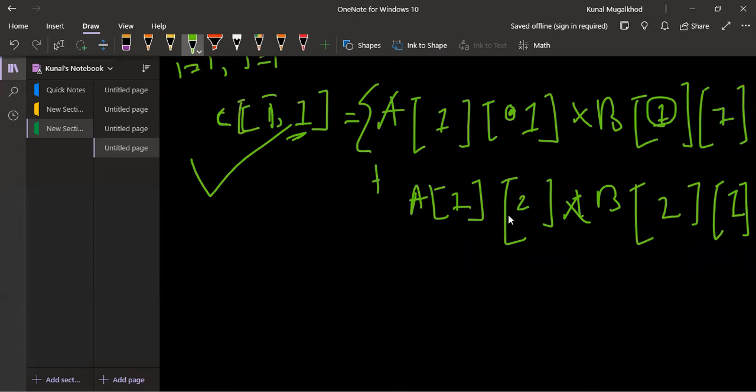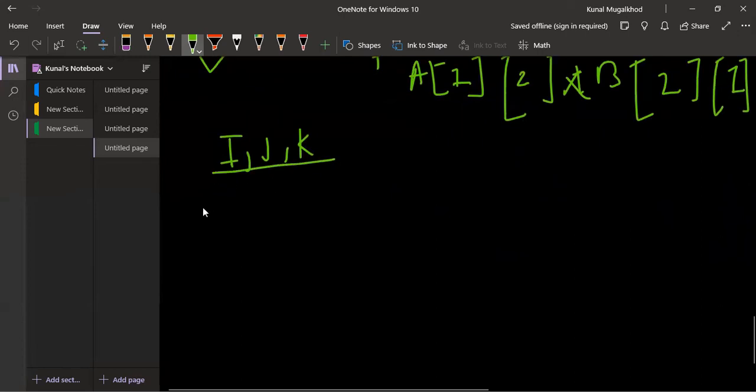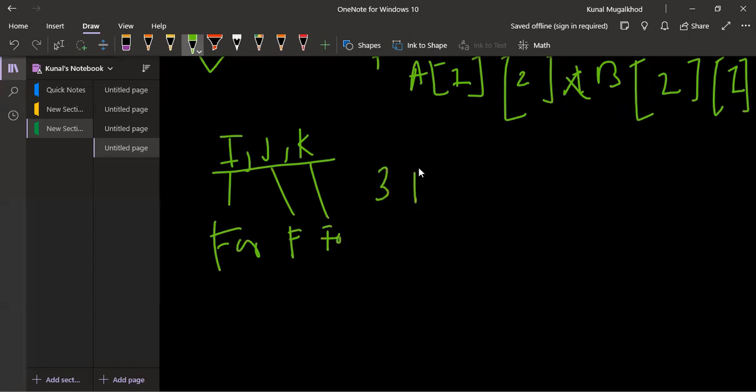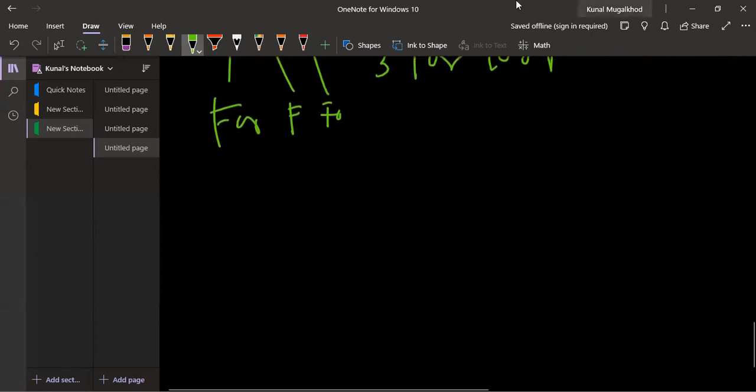So here you can see we have used three variables. One is i, second is j, and third is k. And for each variable, we will use a for loop to increment the value. Okay, so here we will require 3 for loops. That is the first condition. So here we will require 3 for loops. Now we will see in Python how we can do that.